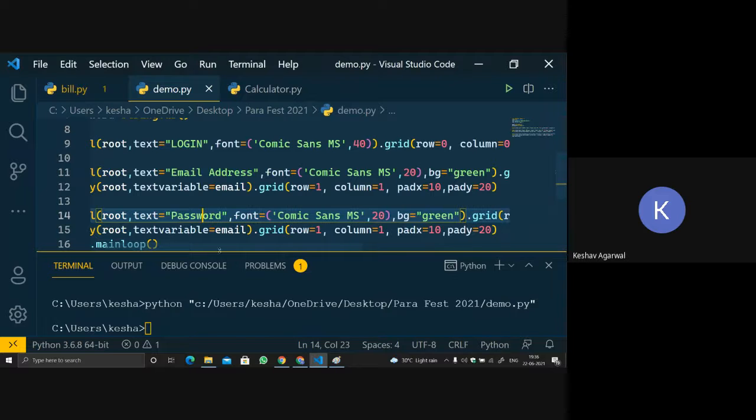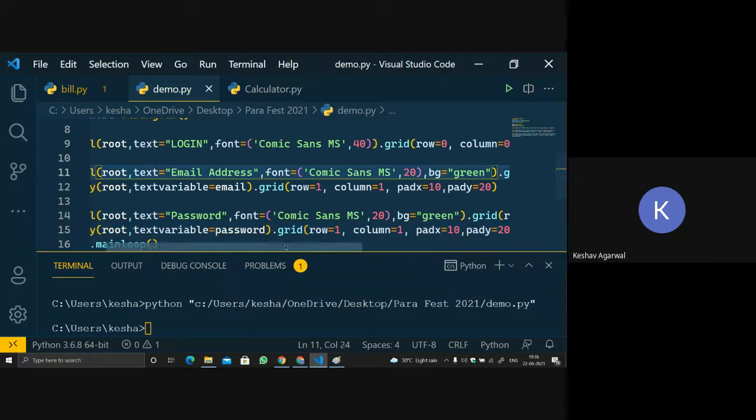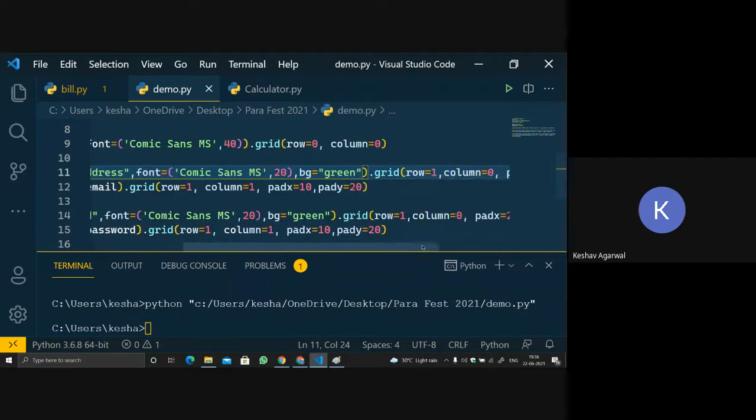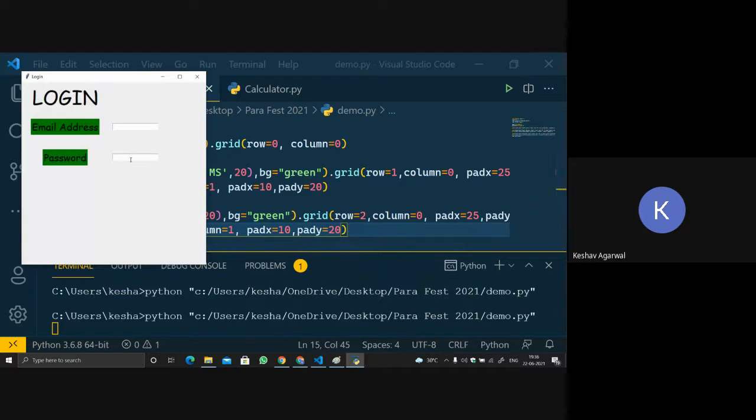And we also have to change the position, so we will be increasing it to 2 and increasing it to 2, meaning next row. So let's run the code and see. See, we got a proper alignment: email address, password, and the text field.